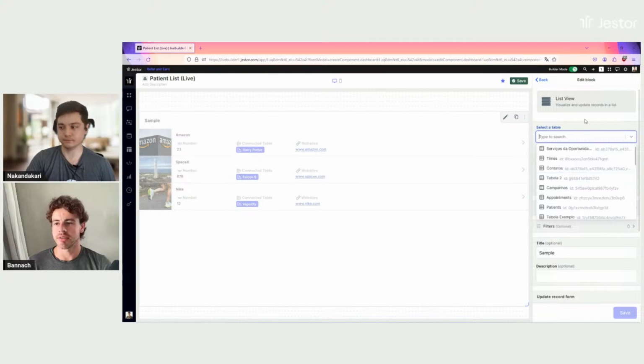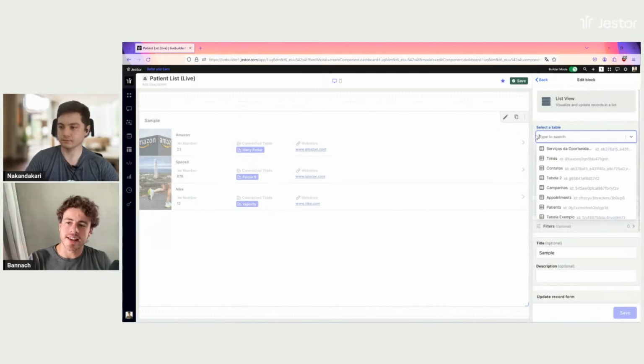So that's important for avoiding mistakes and making better usability of your tool. As you're now building a list view, it's using the same data of a table. That's why you're selecting a table, but it's not the same as directly editing the table itself. So it's safer,